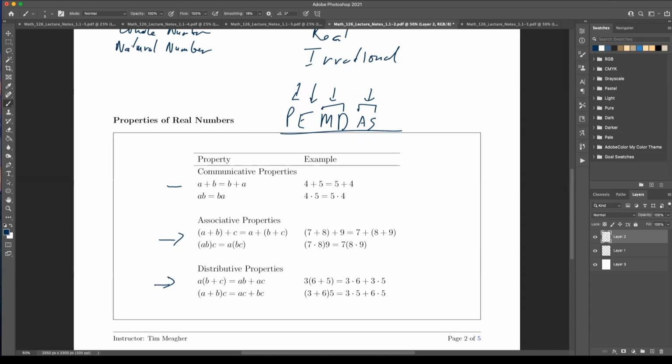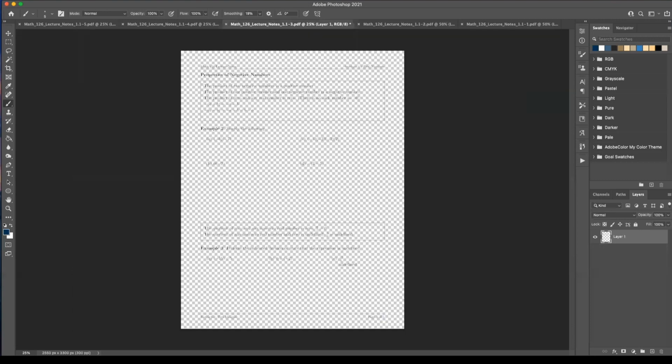And this is your distributive property. That means if you have something outside, you can put it in. This is the right distributive property. This is the left distributive property. Since we're in a commutative ring, technically, that doesn't matter. These are basically the same. These are examples. All right, so let's do the next page.